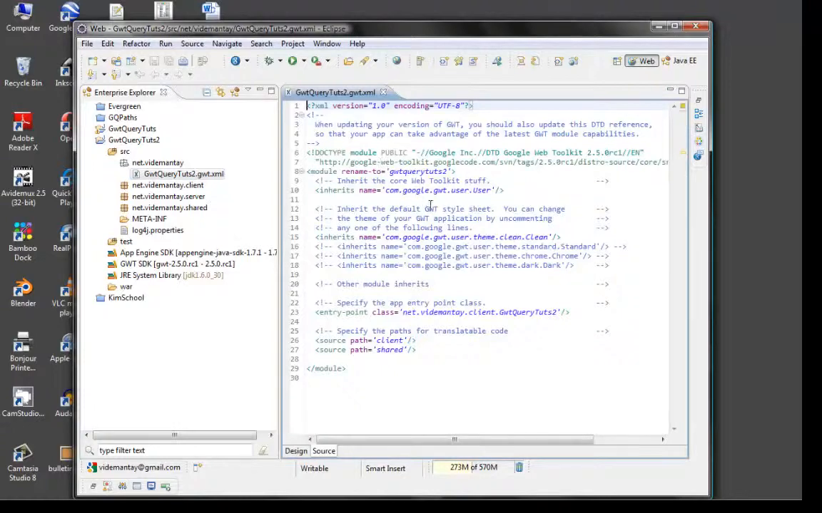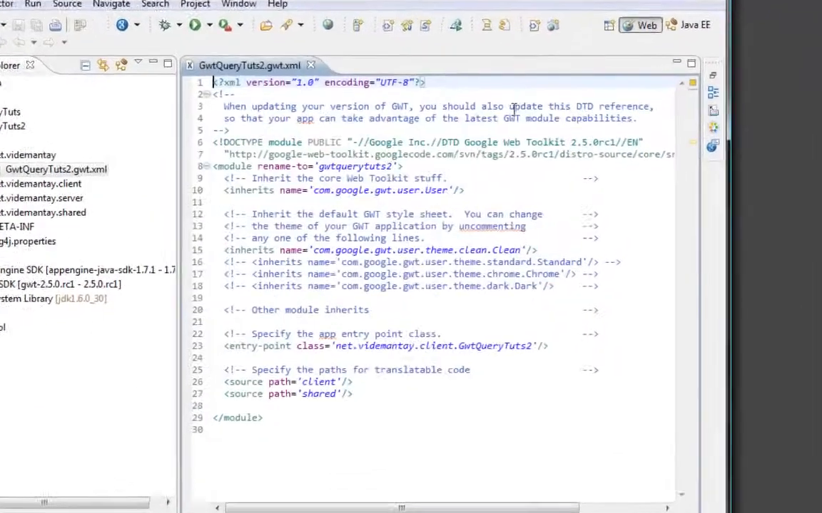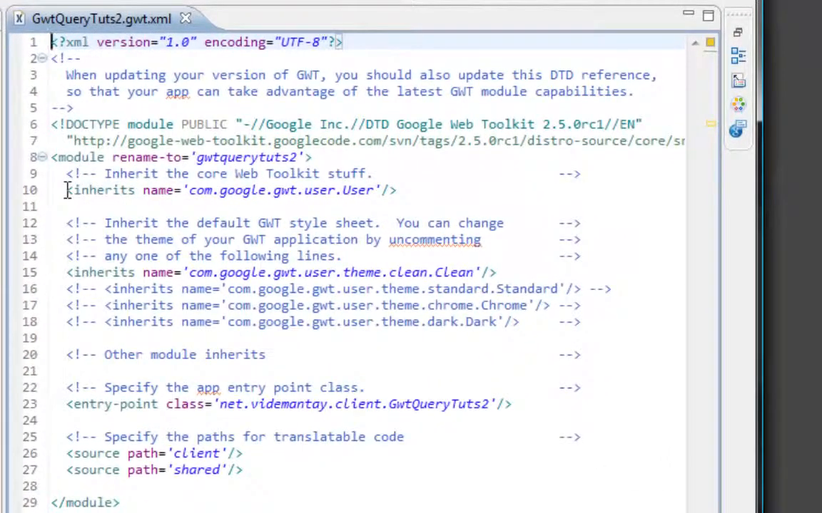So the most important thing that I want you to concentrate on here is the fact that it says inherits GWT user right here. That's the most important thing here, because this is kind of like an import statement in Java, and we're inheriting this library. This is just a regular GWT core library. Now, we haven't done anything to inherit GWT Query. To include GWT Query into your project,